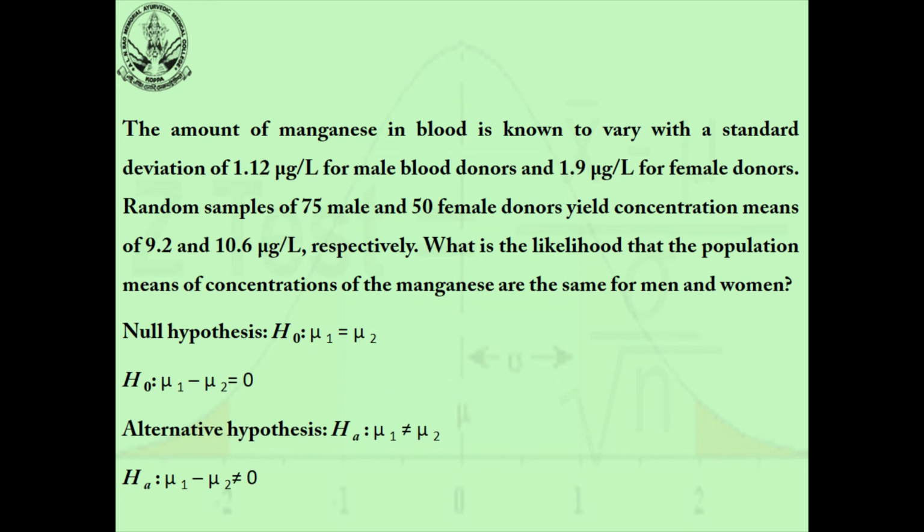Random samples of 75 male and 50 female donors gave mean concentrations of 9.2 microgram per liter in males and 10.6 microgram per liter in females respectively. So now the question is, what is the likelihood that the population means of concentration of manganese are the same